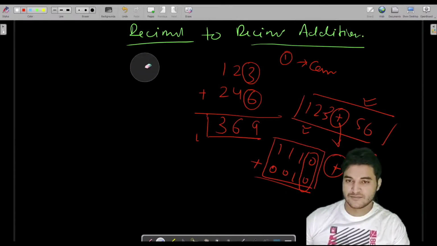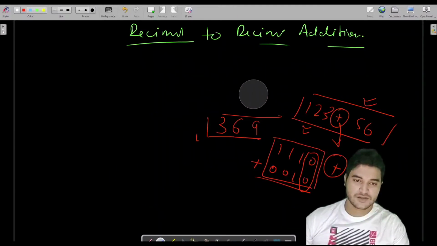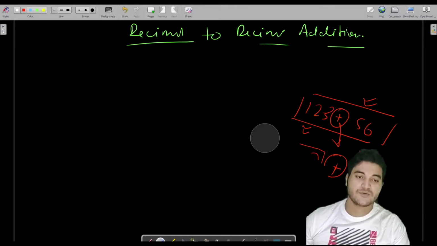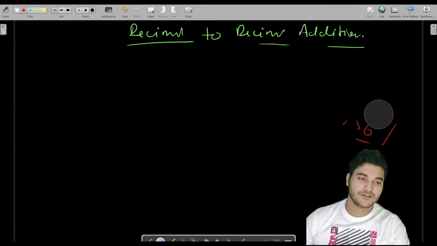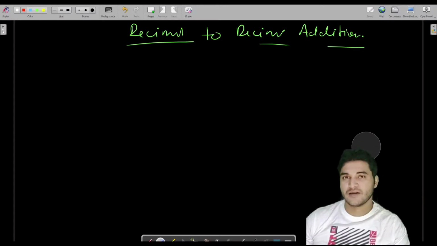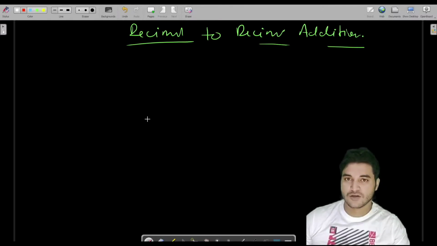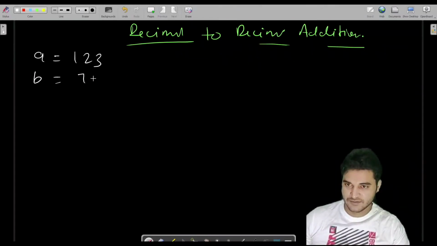The approach I am going to discuss here would be applicable to any kind of addition, of course with some minor changes, like octal to octal, binary to binary. You can use any kind of addition with this approach. So let us say the problem starts from here. You are given two numbers. A is equal to 123, B is 79.